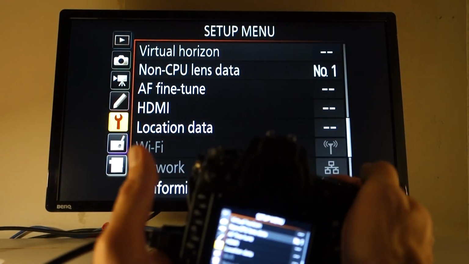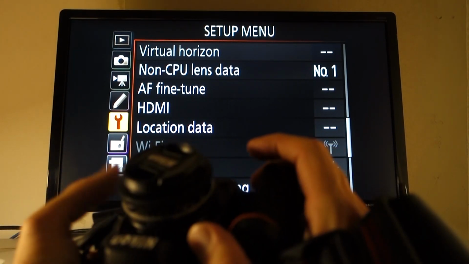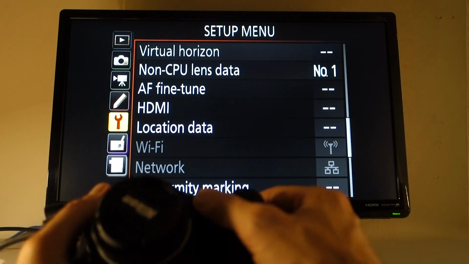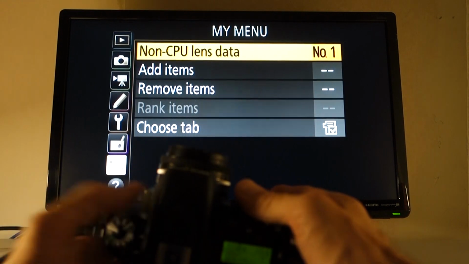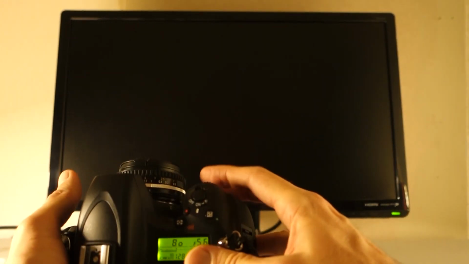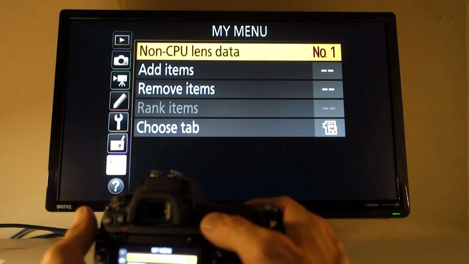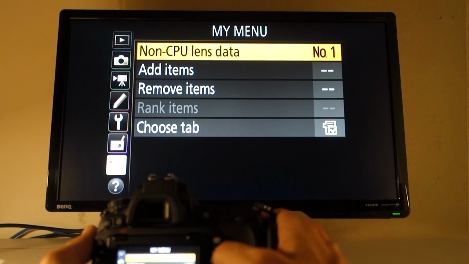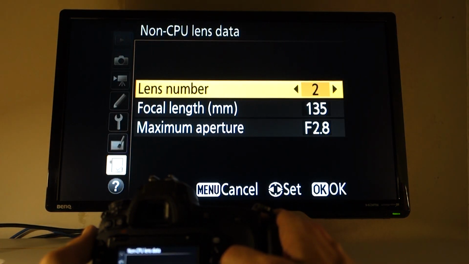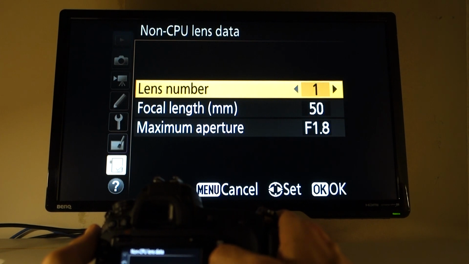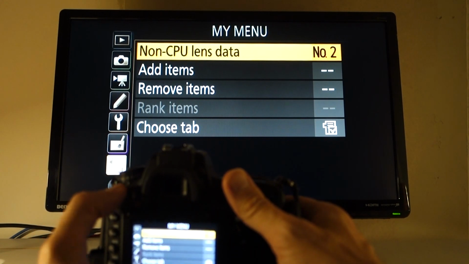Of course, maybe it's a little bit deep in the menu system. So what I've done is I've set it up so that this button here on the front of my camera, this one down here, maybe difficult to see, if I press that one, I get into my menu. And in my menu, you will see that the top item, I've set up so that it's the CPU lens. So if I just want to switch to another lens, I just scroll sideways here, pick the one that I want, and then I'm basically good to go again.